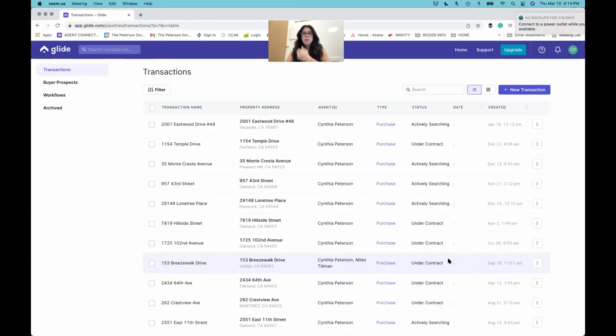That being said, let's go showcase what the Avid looks like. So I'm going to show it to you on zip forms so that I can go through the document. And then on Glide, I'll show you how to fill out a basic transaction on there. Okay, so at this point, you should be able to see my zip forms